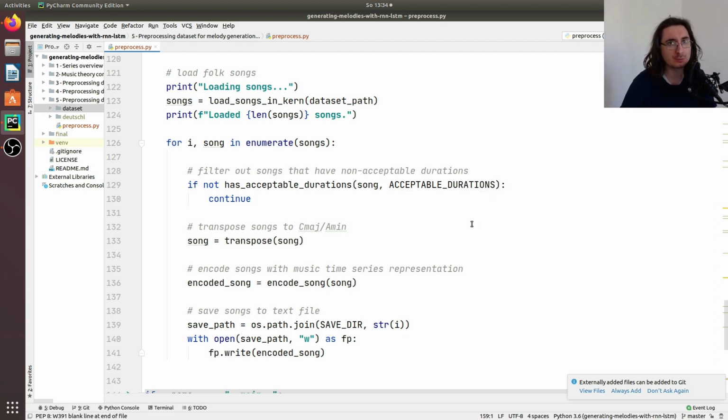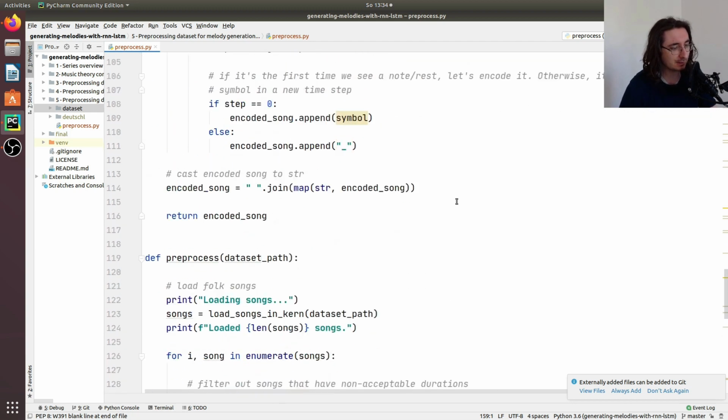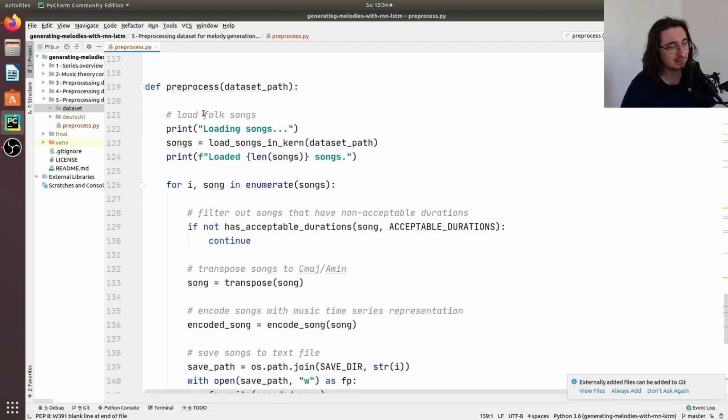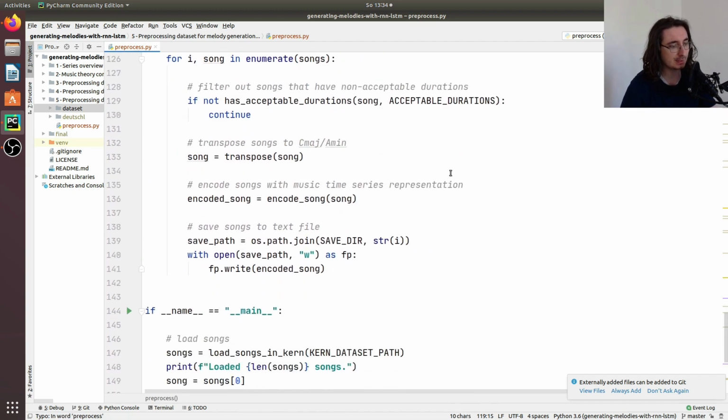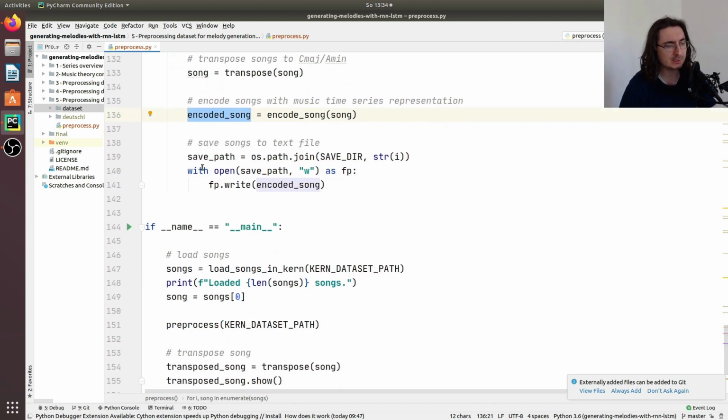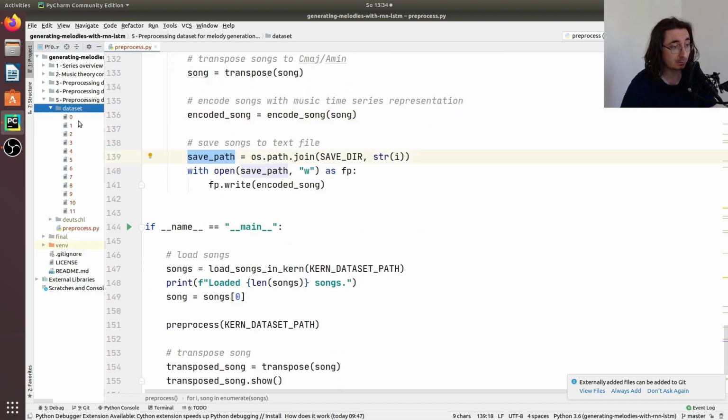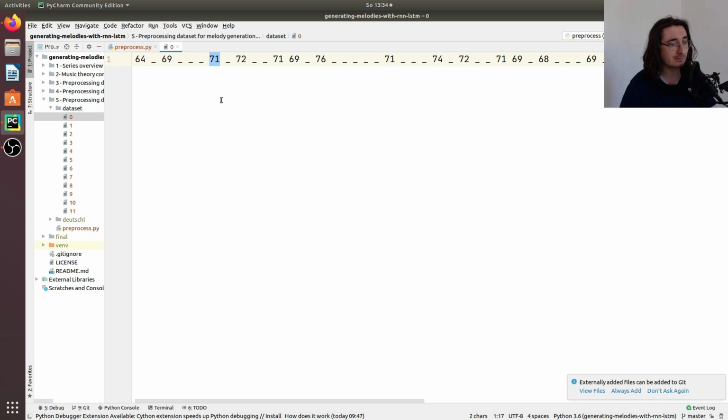Last time, if you guys remember, we were in the process of pre-processing our folk song music dataset, and specifically we finished this function called preprocess, and we encoded the song using our time series music notation, and we saved that to different files. So we basically have here in this dataset folder a bunch of files, and each of these files contains